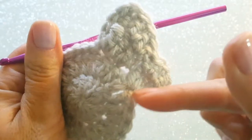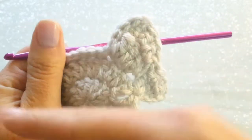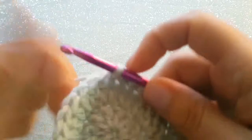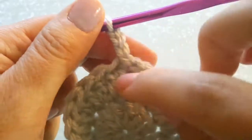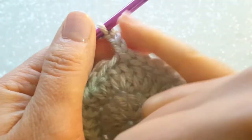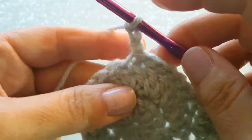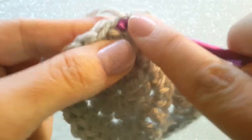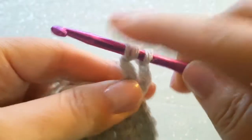So back here we did 3 double crochets, and then we did a double, and then the triples, right? So now we have to work in the reverse order, because we are starting from the top of the ear, working our way down. So what we're going to do here is we're still going to chain 3, because we are going to have a double crochet height at the top part of the ear. But next we are going to do 2 triple crochets. Okay, that means we're going to yarn over twice and keep working into this same front loop here. Okay, pull through, yarn over, pull through once,